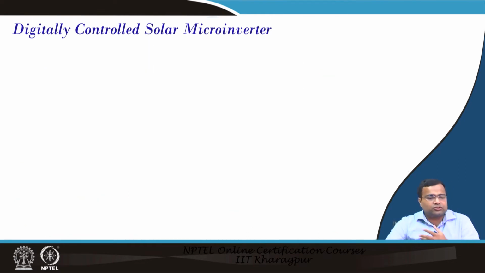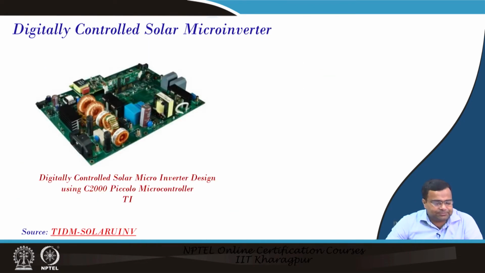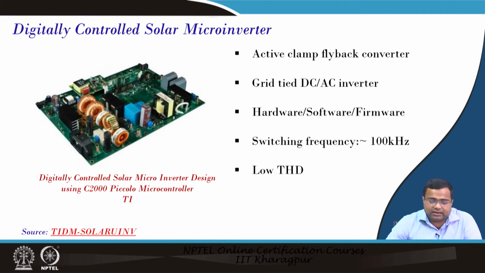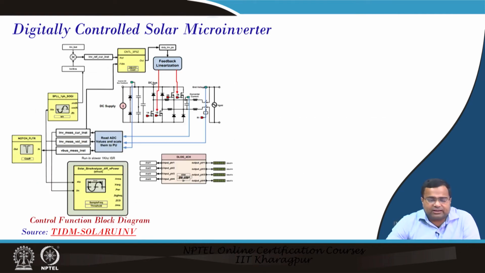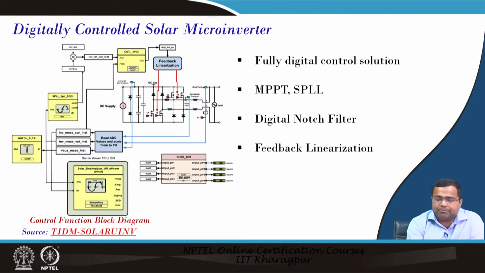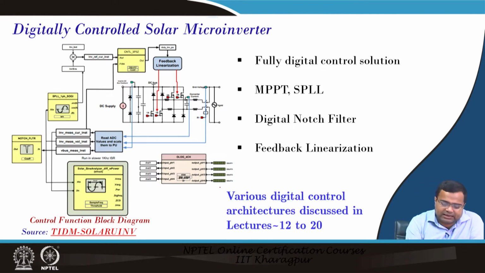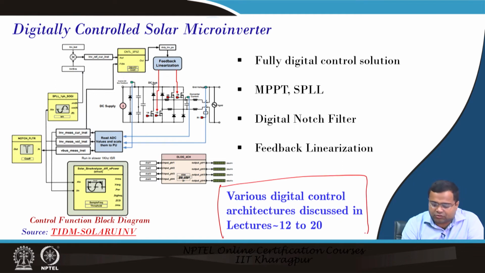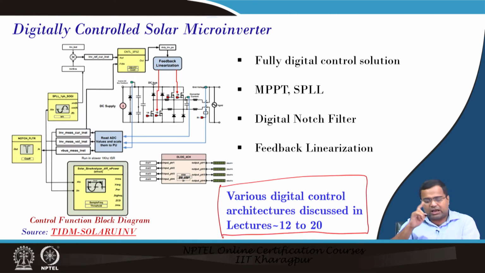Now, digitally controlled solar microinverter. So, this is from Texas Instruments, where it is used for microinverter and all these MPPT algorithms. It is a fully digital control solution, and you will get the idea of the basic digital control architecture, voltage mode, current mode architecture in lecture 11 to 20, and we have also discussed details in week 10, week 11, week 12, various architecture. Some of this architecture may be helpful to come up with an alternative solution for digitally